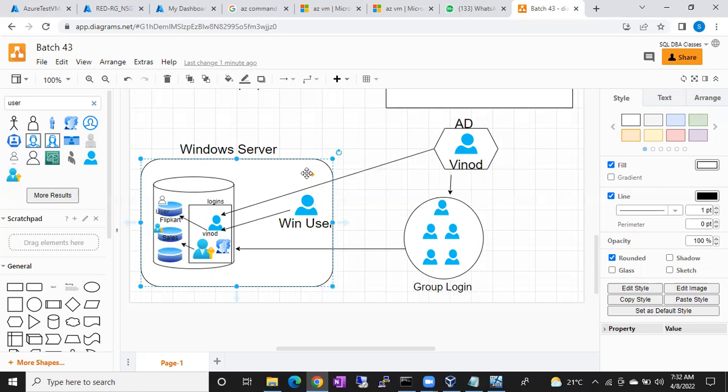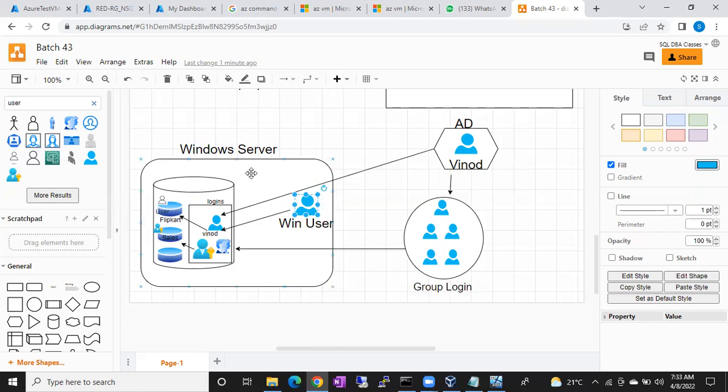For each database, we have to create... Why? If I create one user, I have to create one database or what? For one user, one database we have to create. That's what we discussed. No, that is not the correct answer. Login related.